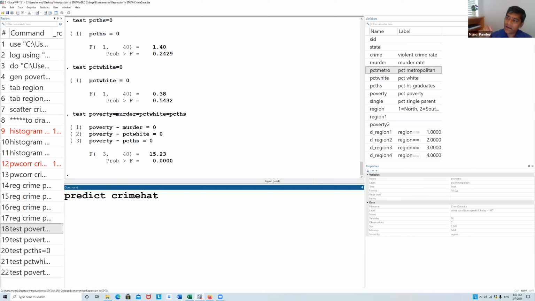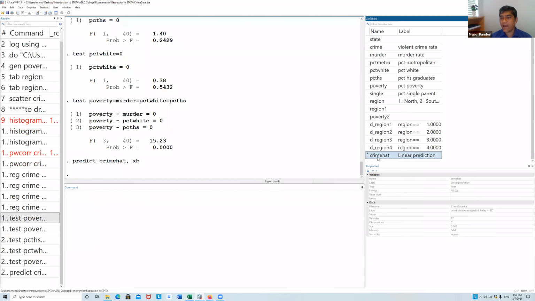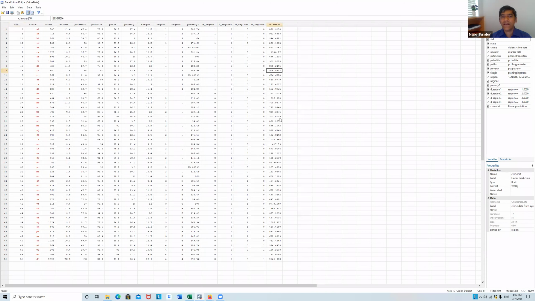Beta 1 hat x1 plus beta 2 hat x2 plus beta 3, and that gives you the equation with predicted y, and this command will give you the predicted value. Okay, so basically you have this crime hat, and you can see it in the data. So one variable is created with crime hat. Basically, you have created y hat here.